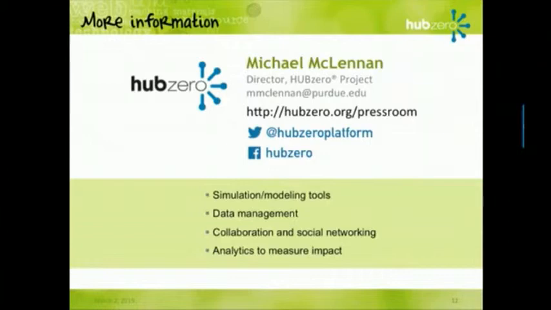And then we also have a HUBzero Foundation set up. For people that are running the open source software and that need a little bit of help, they can buy into this HUBzero Foundation, and it gives them tech support. It's only $5K to join, and it gives you like 20 hours of instant online chat kind of tech support that you can access. And you can pay as you go if you need more support and all of that.